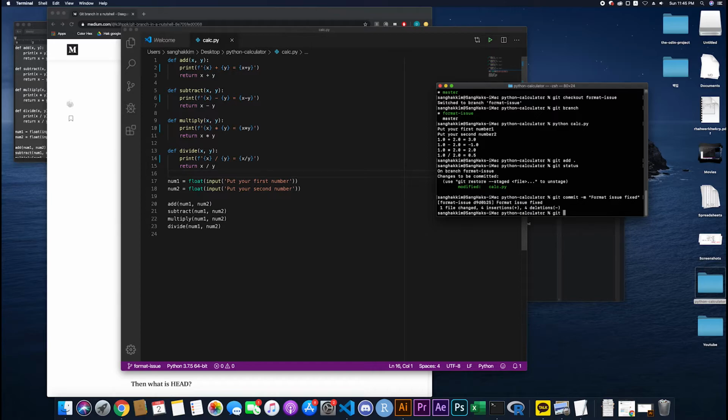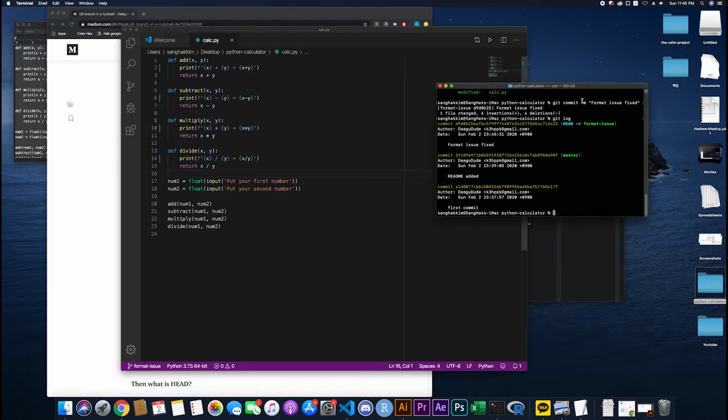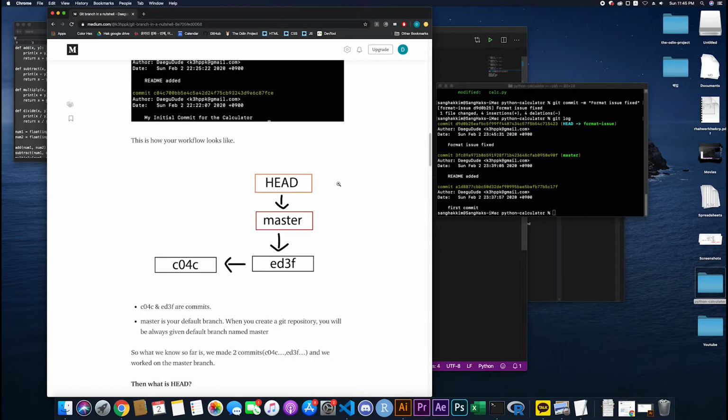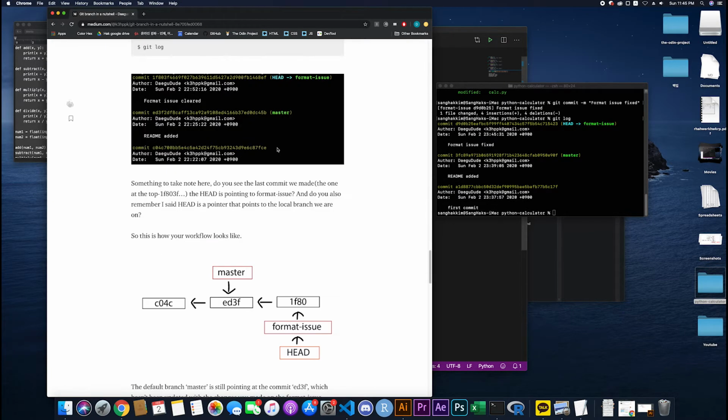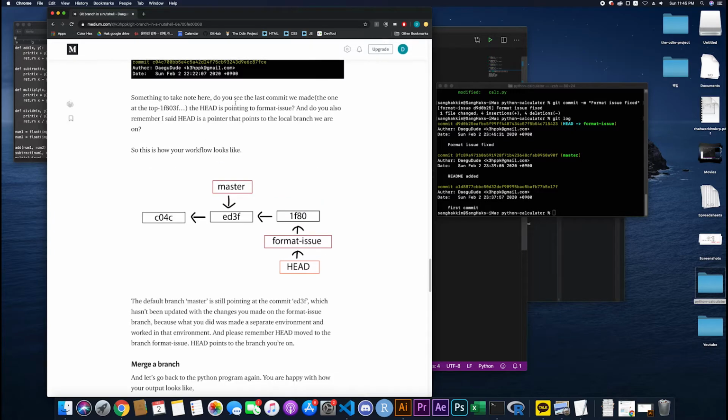And let's check all the commits you made. So if you see commit D9D0, format issue fixed, and head is pointing at format issue. So you want to have interest in what this is about, okay? So I have some photo about this. So what you just did is after all these two commits, one A1D8, so here is